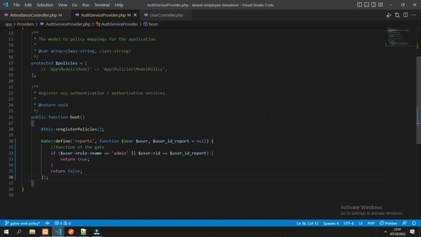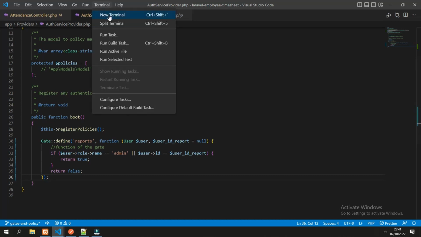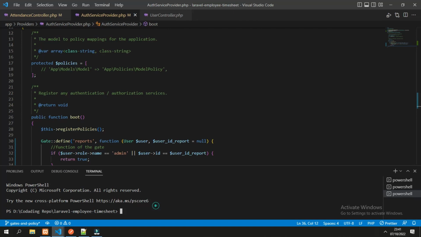There is another way to do the authorization besides gates, which is policy. We can put the logic around the model, so we will be comparing the user against the model. To create a policy, we can use the artisan command with php artisan make:policy, and the name is UserPolicy.